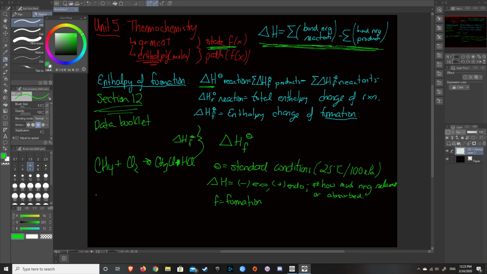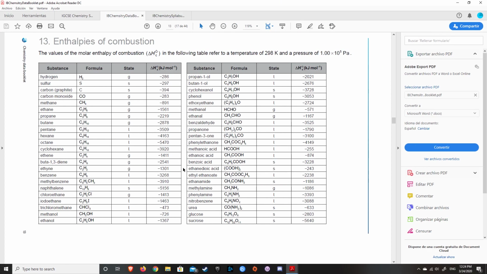CH4. What our delta HF under standard conditions means is the enthalpy change of forming methane. So if I were to write down this reaction, we'd have carbon plus hydrogen reacts to form CH4. So let's just double this up so that we're balanced. And if you look in your data booklet, what you're going to see is the